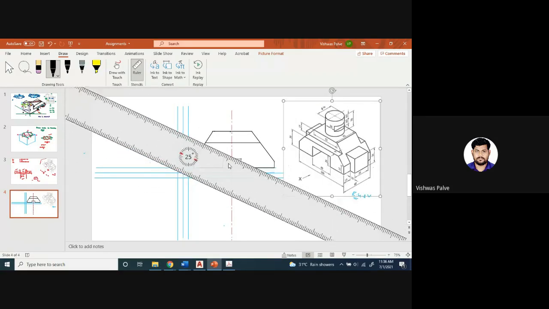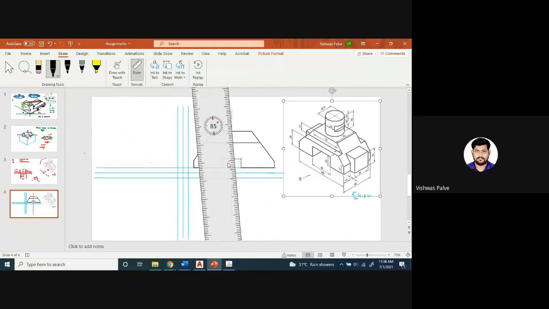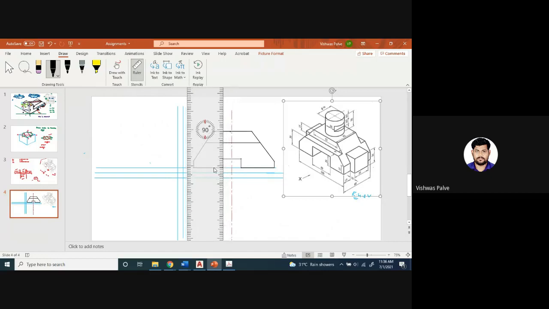Okay, so from here, I will draw. Now this slot is there, right? This slot has to be represented 10 millimeter, 10 millimeter, 10 millimeter.